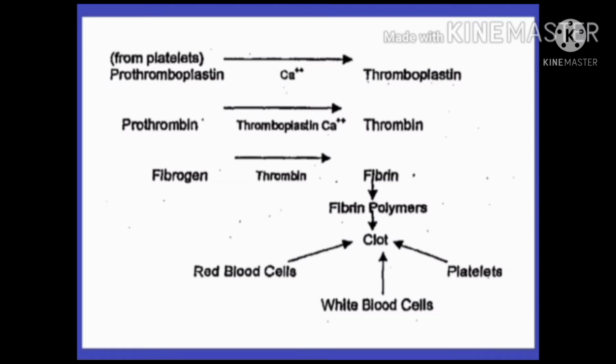Now this thromboplastin, in the presence of calcium ions and a few clotting factors, converts prothrombin to thrombin. Now prothrombin is a protein already present in the blood plasma. It is converted into thrombin, which is a protein digesting enzyme. Now what happens next? Thrombin then hydrolyzes fibrinogen. Now this fibrinogen is a very large soluble protein present in the plasma. The soluble fibrinogen is converted into insoluble and fibrous fibrin by the action of thrombin.